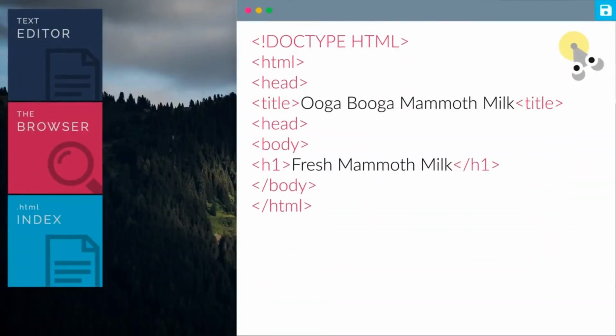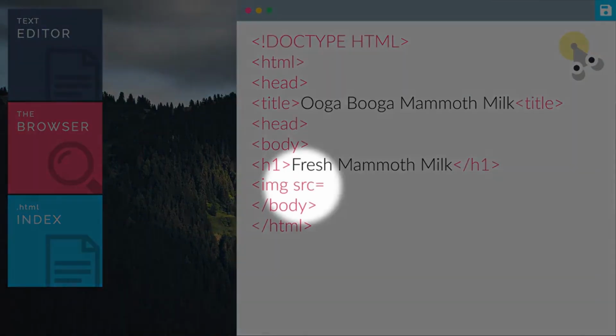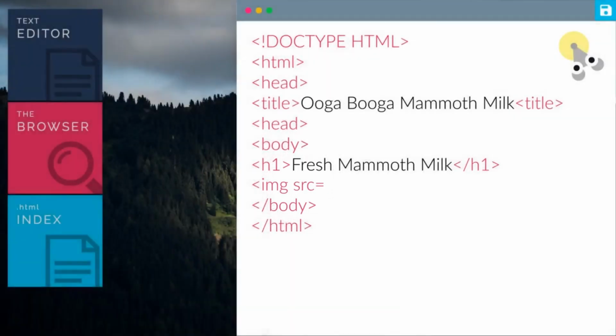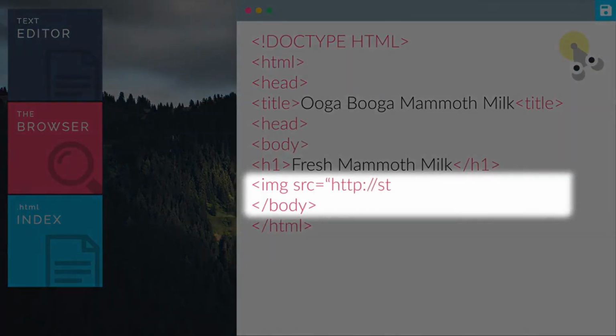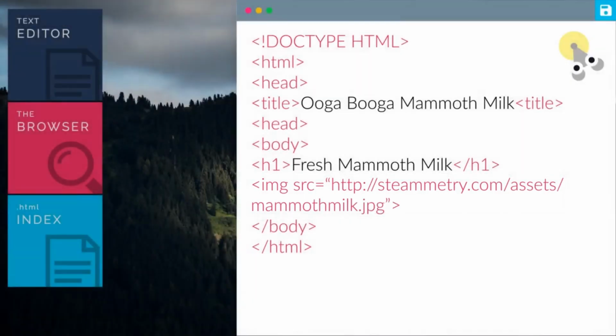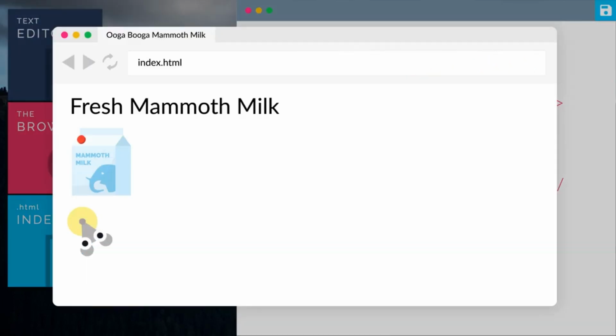Okay, here we go. First of all, we are going to add the image of the mammoth milk to the website. Let's type in the image tag. The word SRC, which is also known as the source, defines the location of an image. In this case, the location of the image will be